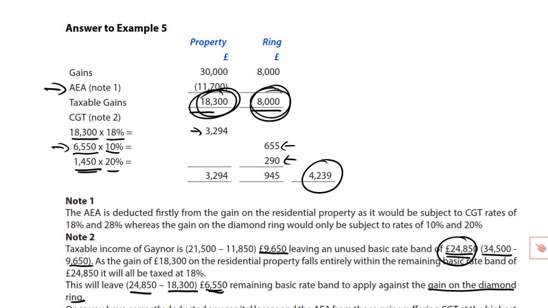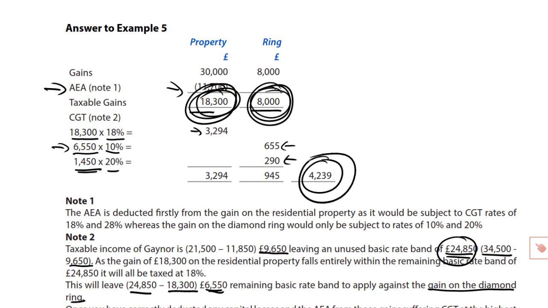What did matter was the fact that the AEA was deducted, as would any losses available be deducted, from the gain that would suffer tax at the highest CGT rate, i.e. the residential property. That had to be done. But then, whether you taxed as we did here, the taxable gain on the property first, or the taxable gain